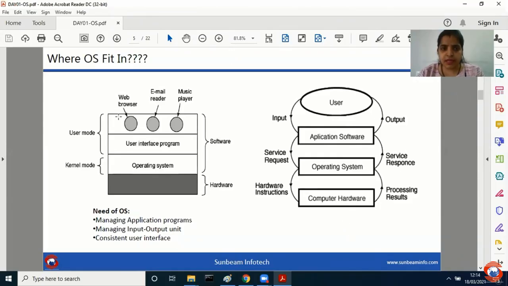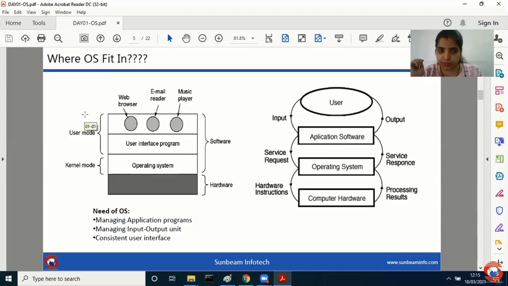Now, second important point: when you talk about OS, when I'm saying interface programs, when you're saying operating system, all that comes under the software category. And when you're talking about hardware, everyone is aware of what hardware is. We have already seen the different hardware types in your system in the computer fundamental subject, right? So when I say software, OS you can consider as software only. It's software because you install different types of operating systems on your machines.